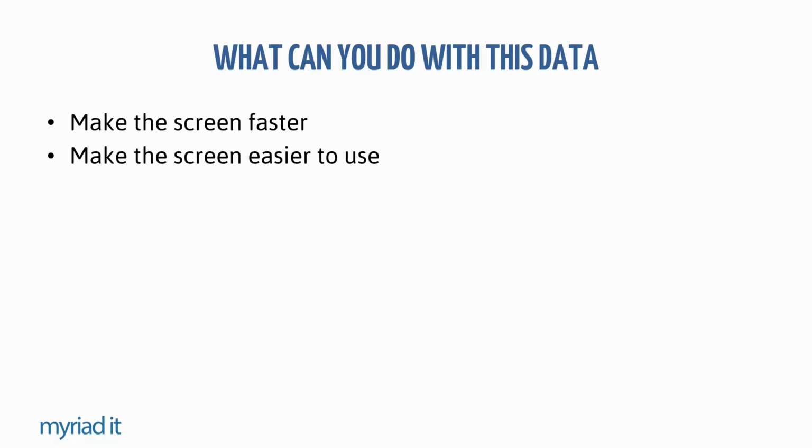So maybe getting them to do more clicks, maybe getting them to do more efficient clicking, or maybe getting them to load more pages of a certain type or fewer pages of a certain type. I've seen people have a stability problem in their system at a certain time in the day, and what they do is they come back into their Google Analytics data, they go to the minute of that day, or the minute before the problem,